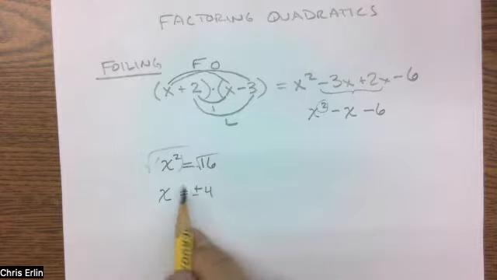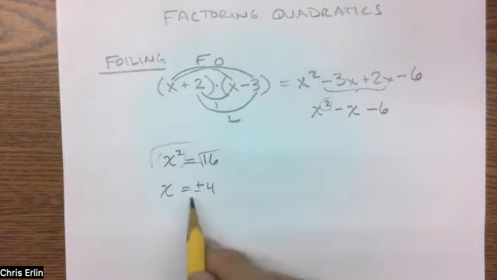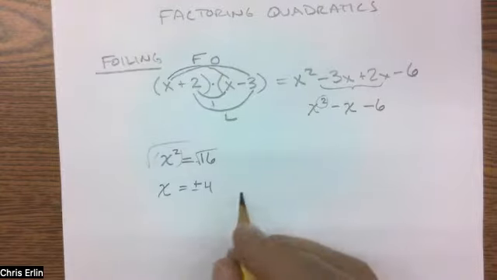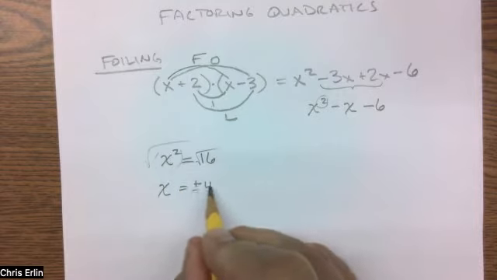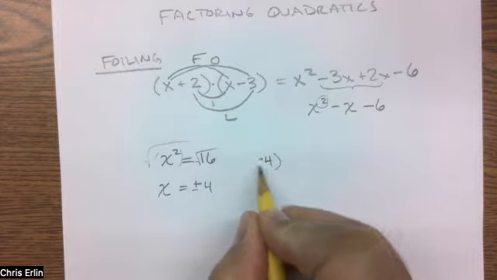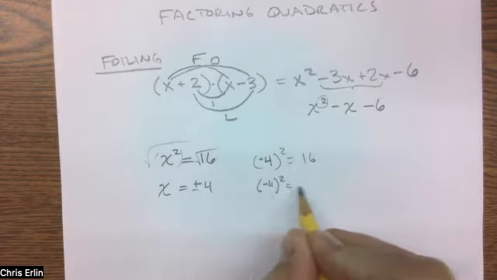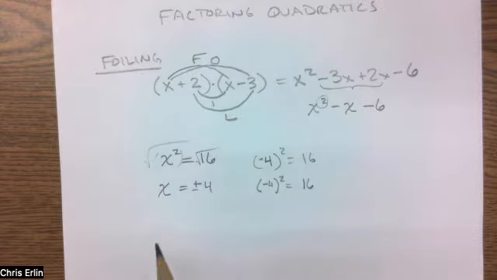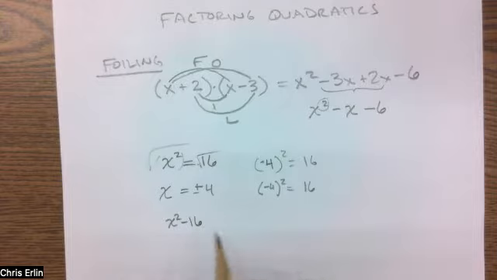That's a step that a lot of people forget. When we introduce the square root symbol, we have to recognize that there are both a positive and a negative possible response. What does this mean, that we end up with 2 responses? Why are there 2 answers? Well, the reason is, obviously, if I put in a positive 4 and I square it, I get 16. And if I put in a -4 and I square it, a negative times a negative is also positive, I get 16. But the bigger reason is because if I subtract 16 from both sides, I get x squared minus